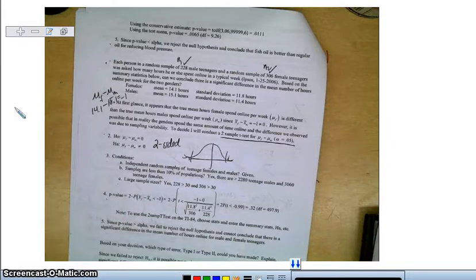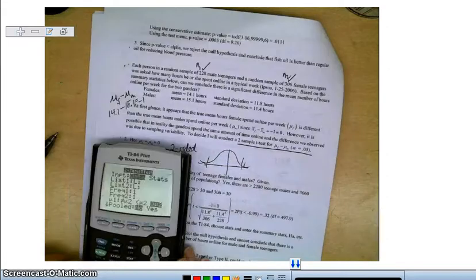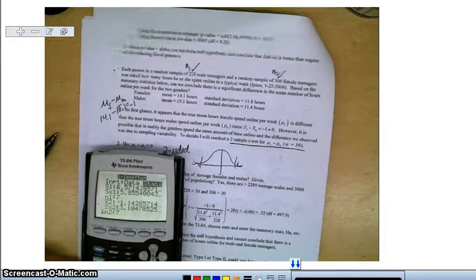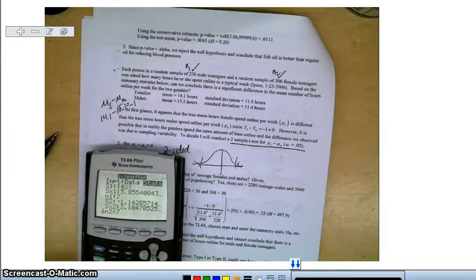This time you do it through stats, so you hit Stats and hit Enter. And then you're going to type in X bar 1, the mean is 14.1, and the standard deviation is 11.8, and then the mean of the second one is 15.1 and 11.4, and, sorry, we have to go back up. N of the first one was 228, and